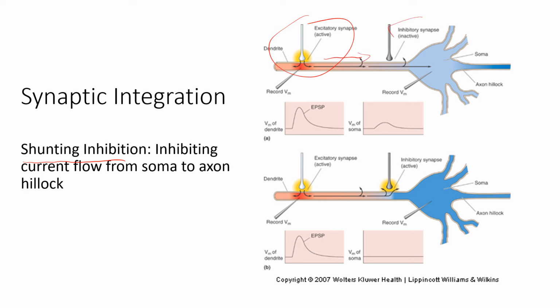This inhibitory synapse is inactive, so it just keeps making its way down to the membrane. And then we look in the soma, the signal is still there. It's not quite as strong as it used to be because we're going to have some degradation as we travel along the dendrite, but we do have a depolarization, right? And if we had more from other cells, they would hit that and they would lead our soma to try and hit threshold, right? However, if we have inhibition, that excitatory postsynaptic potential makes its way down,